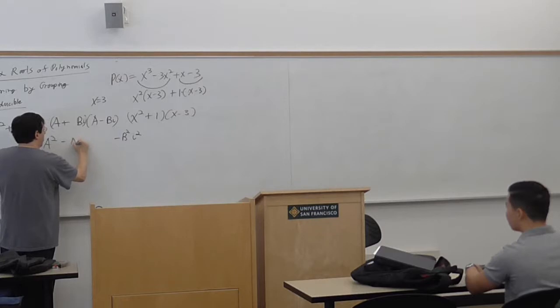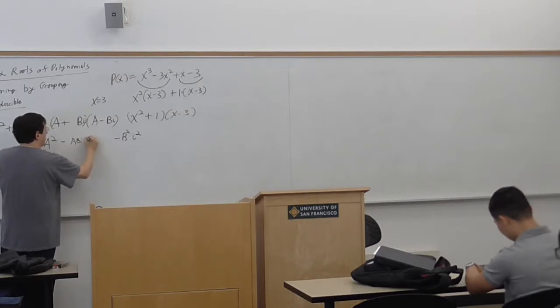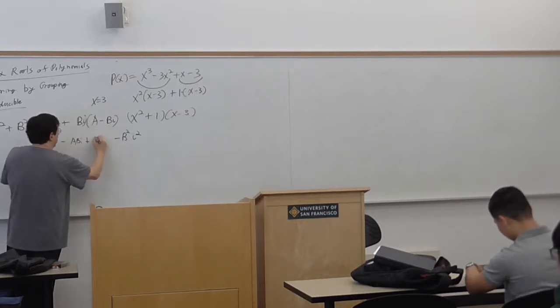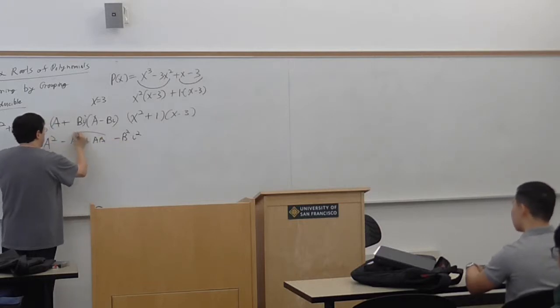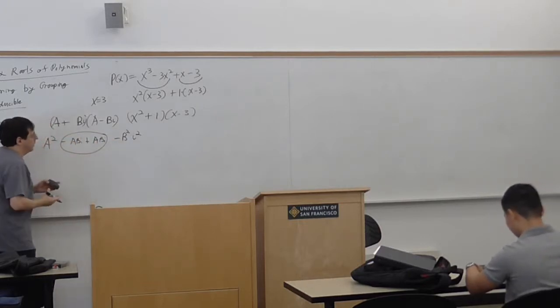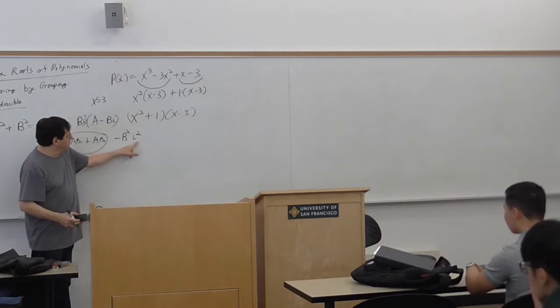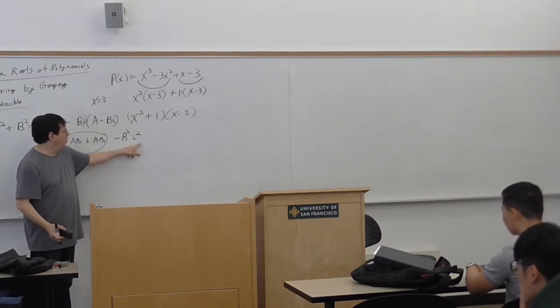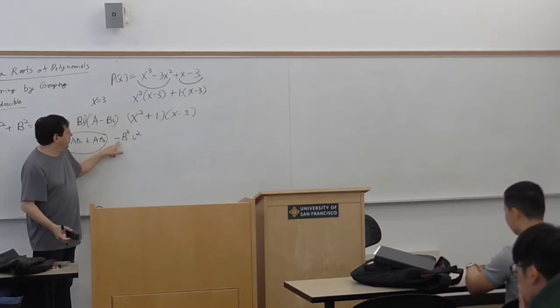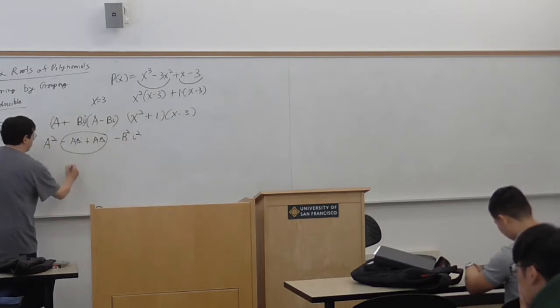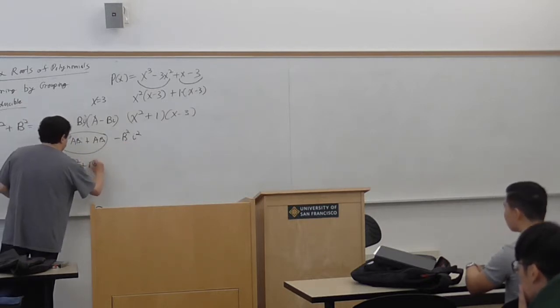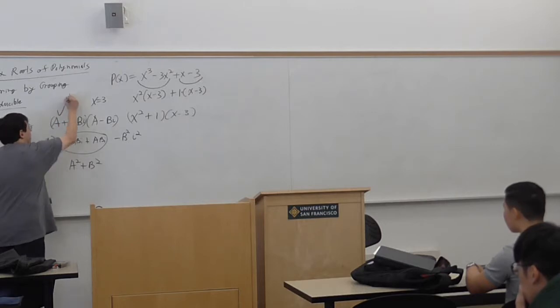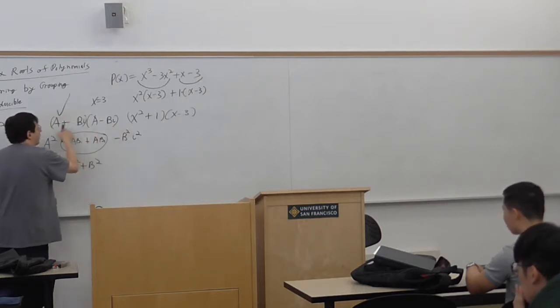Outer negative abi, inner abi. Those cancel. Now I just have to look at this carefully. i squared again is minus 1. Minus, minus, so that's a squared plus b squared. So yes, this is the magic pattern you want to know